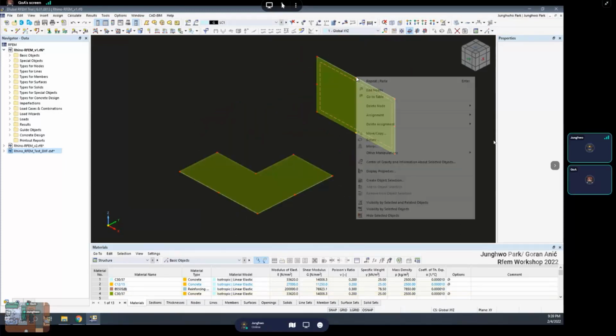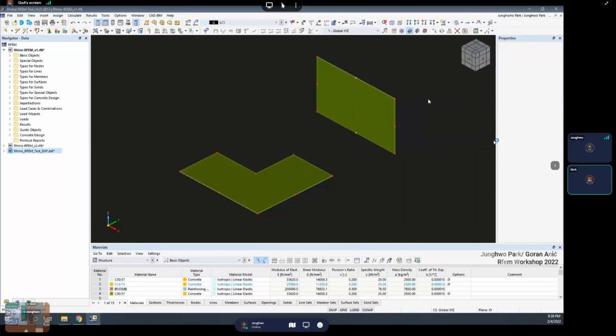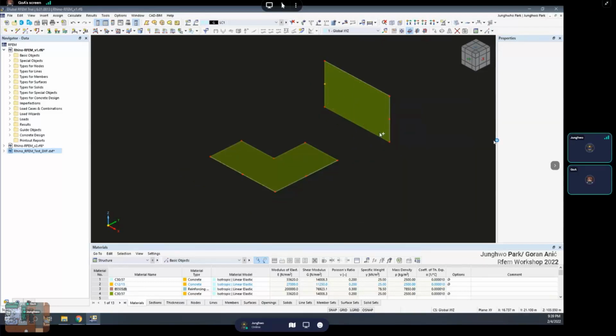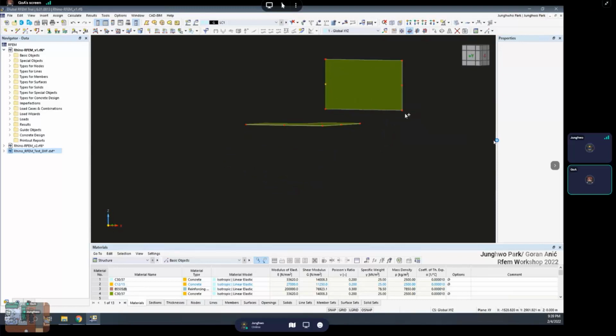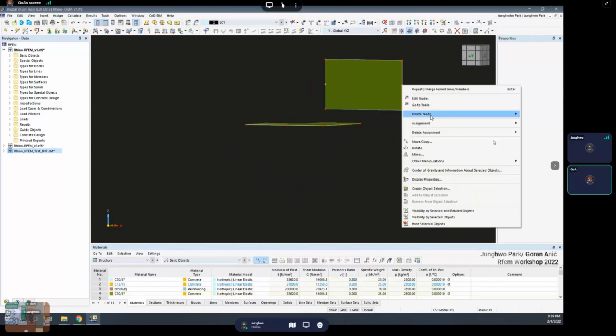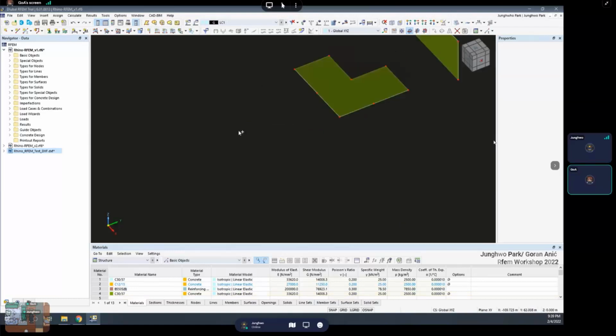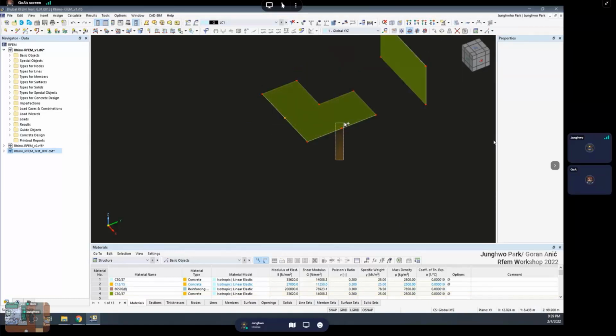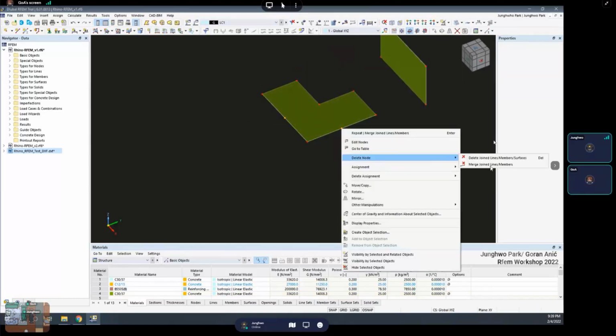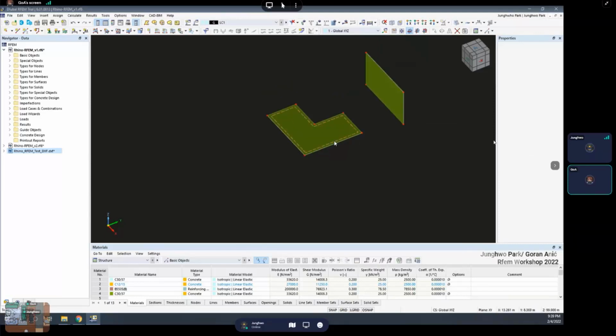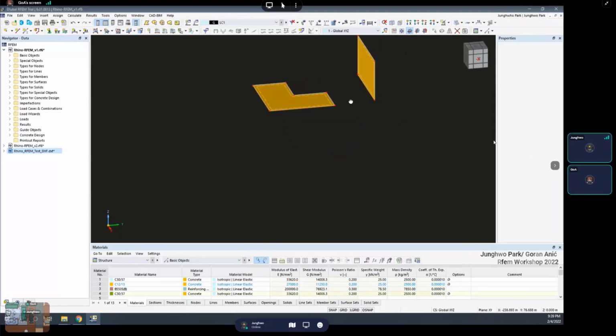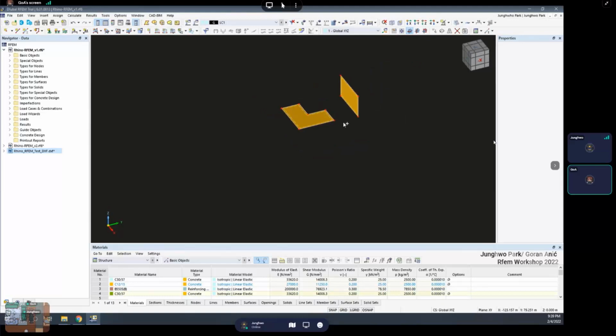So probably this is my surface. So I will delete those nodes which I don't need or something like that. I don't want to bring inside my model something which I don't need. I delete those nodes. Probably do the same here. And now when I have those clean surfaces without unnecessary elements, nodes,